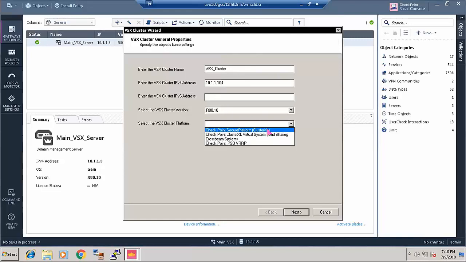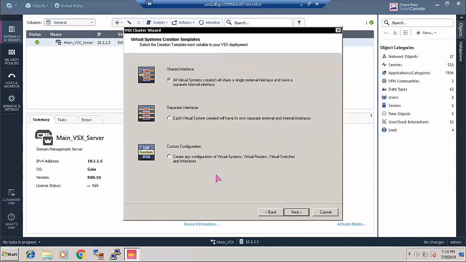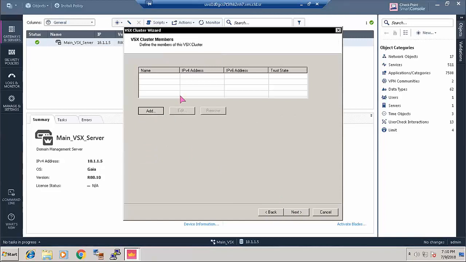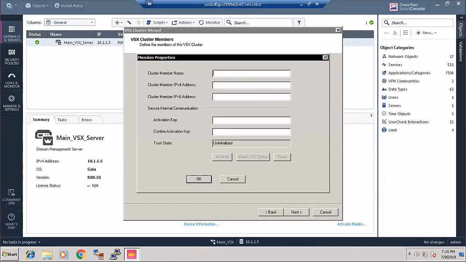And this is going to be, for now, a ClusterXL. I will choose a custom configuration. I will add the 2 nodes, node 1 with IP 10.111.101, VPN 123, VPN 123. Let's hope that we will have SIC. Yes, we have SIC. Now we'll add the second node,